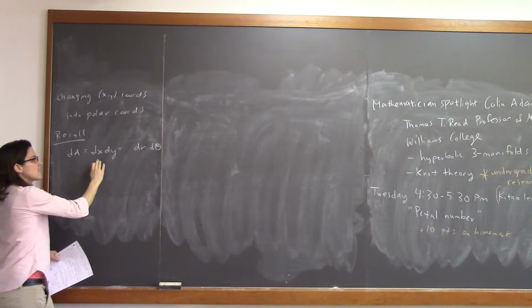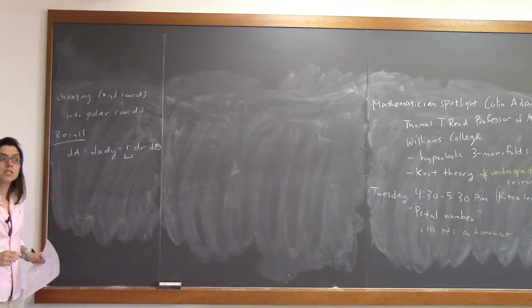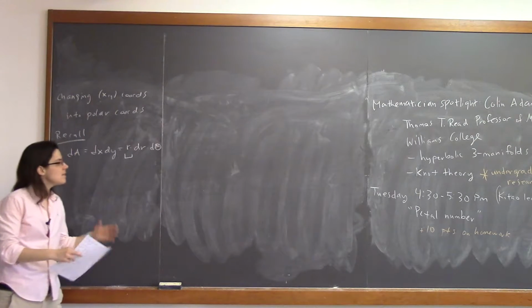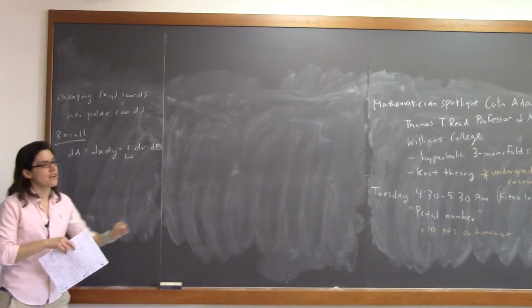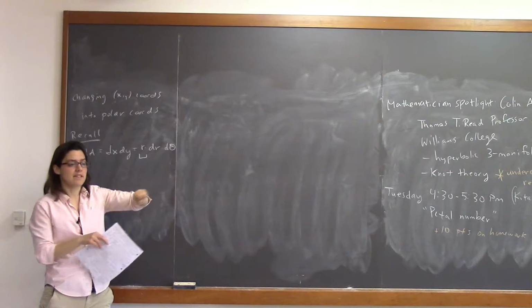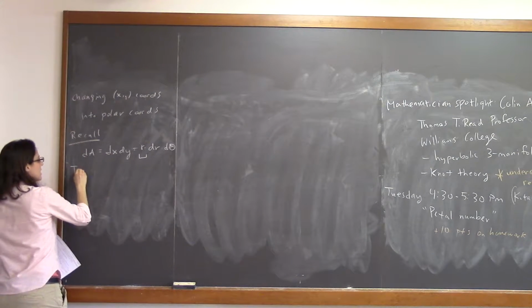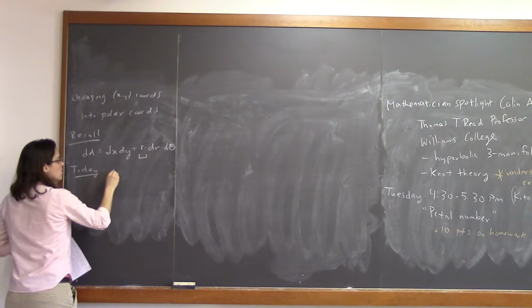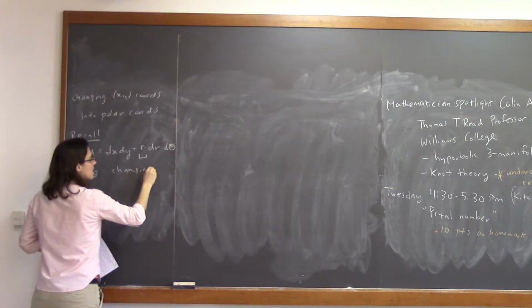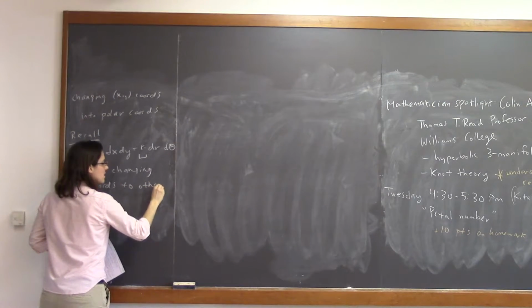But we don't just say dx dy equals dr d theta. We have this integrating factor, r. And that's basically because when things are further out in the r theta plane, r is bigger. So you have to multiply. It's like a stretching factor. That's the idea. So today, we'll talk about changing coordinates to other variables.